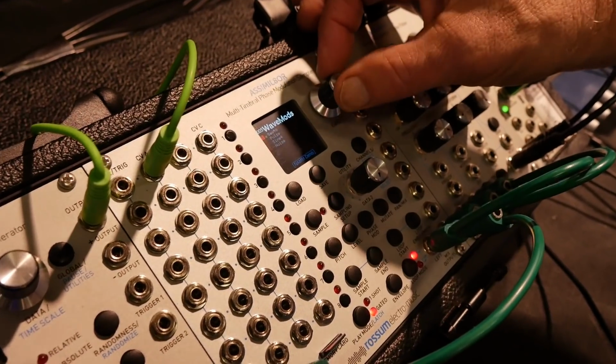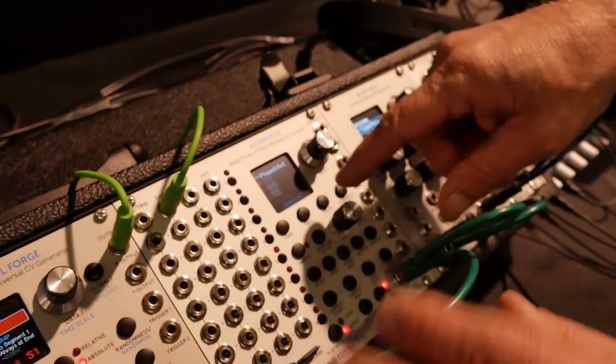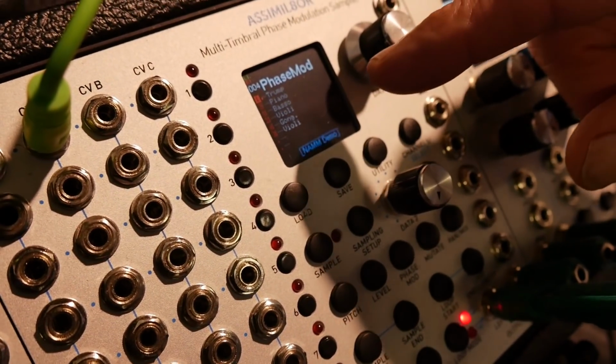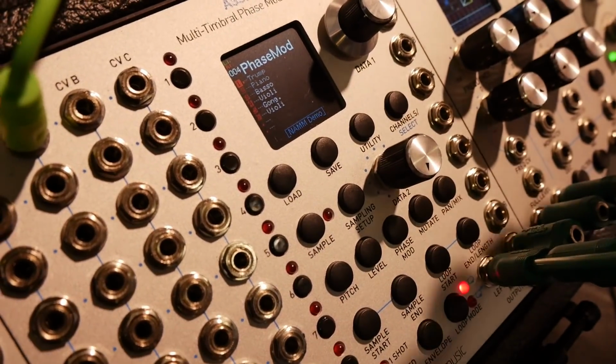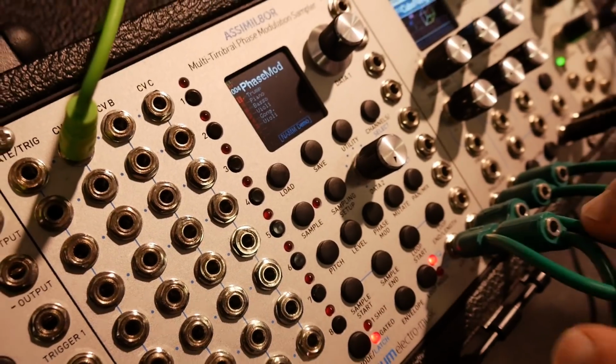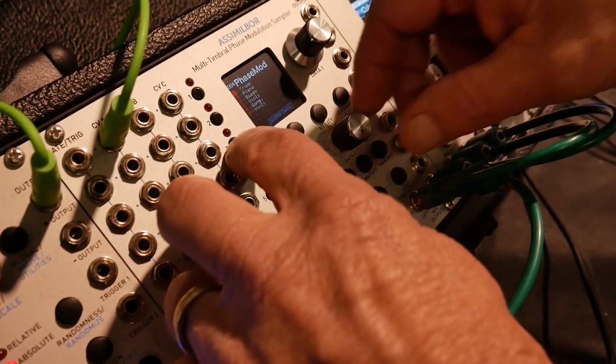So let's go over to my phase modulation example over here. And what I've got on this page, if you look very closely at that screen, I've got a trumpet, a piano, a bassoon, a violin, and I actually have a gong and a violin down there, which is not quite as interesting. I don't think I'll play that one for you in a limited amount of time. But let's first listen to